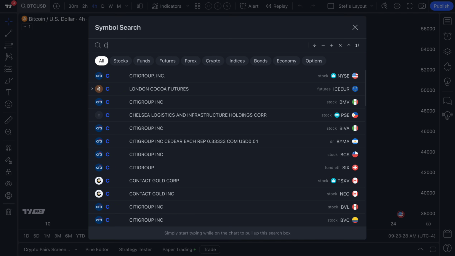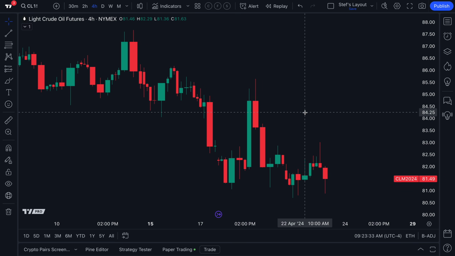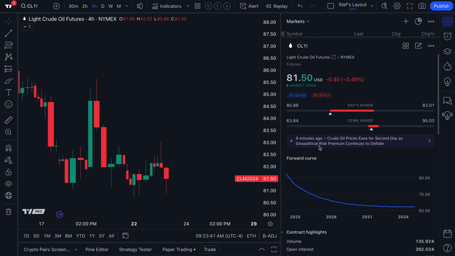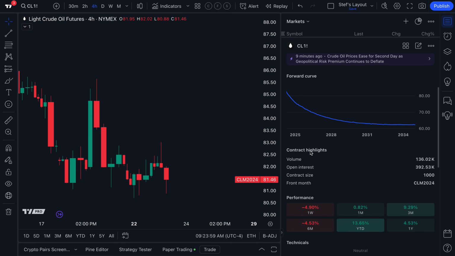But ladies and gentlemen, it also does get better than that because do not forget that if, for example, you are on the crude oil chart, as we are now, CL1, we can access additional data from the watch list, details, and news menu. And this is where you can see some curve information as well. So it's literally just a step away whenever you open the chart to see this level of data. Not only do you have the forward curves here for your access every time you log in, you can check the date, the price, the deliverability, but you also get these contract highlights, including volume, open interest, contract size, and front month.